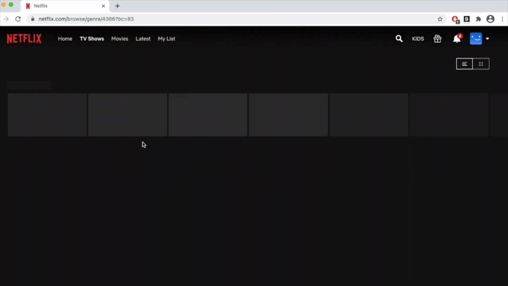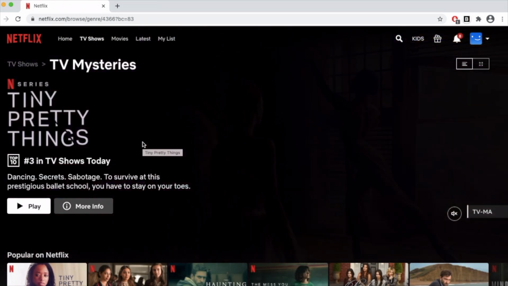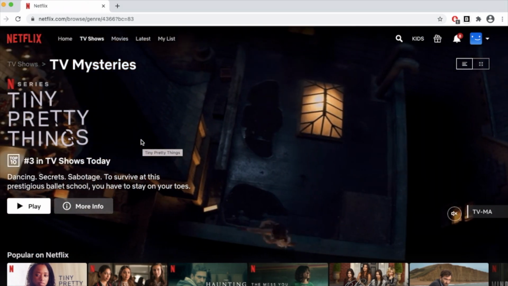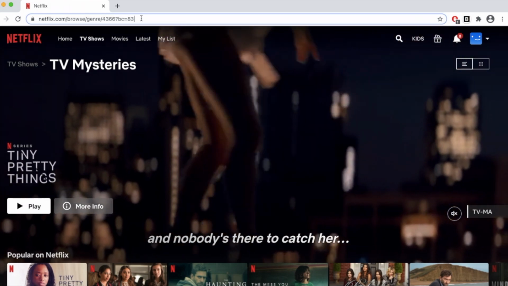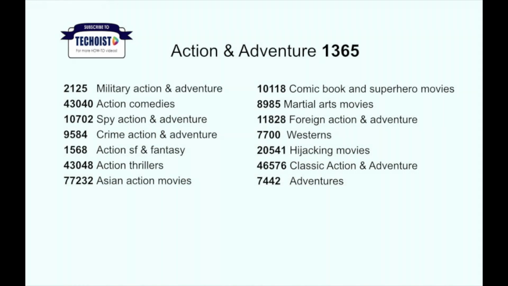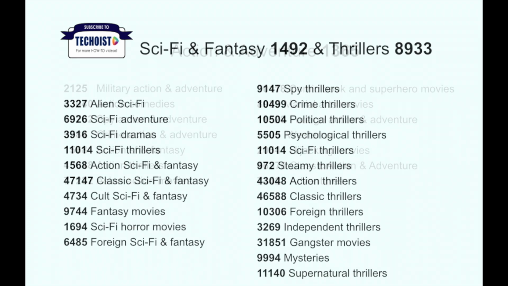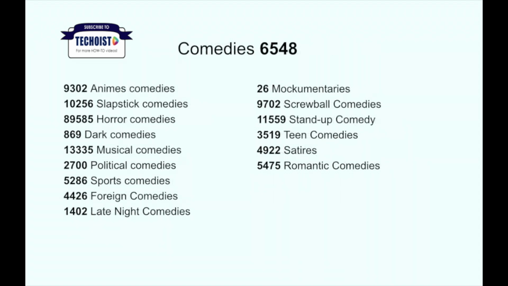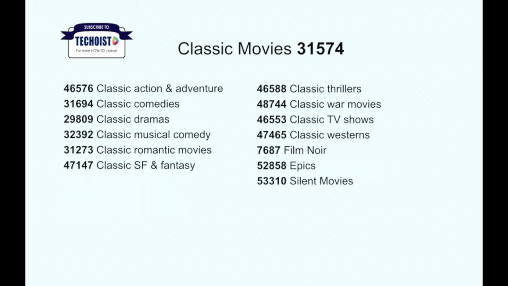Once you're in Netflix, you will notice that genres have numbers that are part of a URL. That is the case for subgenre pages as well, and those codes are what we call the secret menu. Here's a list of the codes for the most popular subgenres, which are not available on Netflix as part of their menu. If you want the full list or are looking for a specific sub, you can find these on Google. You can also come back to this video and copy any codes that might be useful to you.